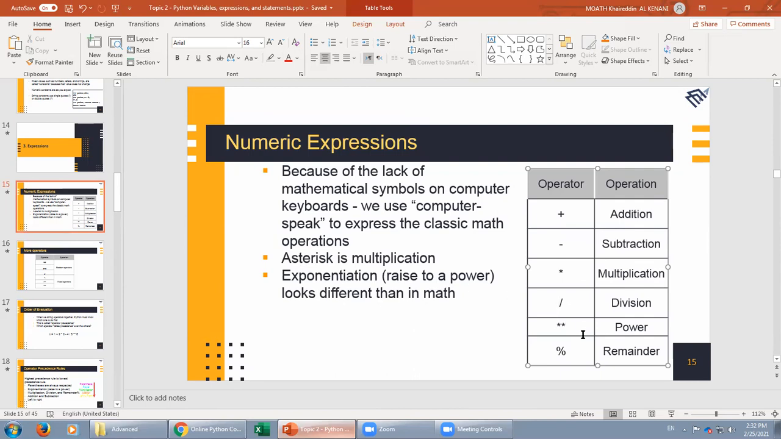Exponentiation، اللي هي الباور، looks different than in math. بنستعمل 2 asterisks حتى ندل على الباور. أما الريمايندر اللي هي باقي القسمة بنستعمل إشارة النسبة المئوية. مثلا بدك تحط رقم 2 نجمة نجمة 3، يعني 2 أس 3. وكذلك الريمايندر، بس تقول له مثلا 7 ريمايندر 3، كم الجواب؟